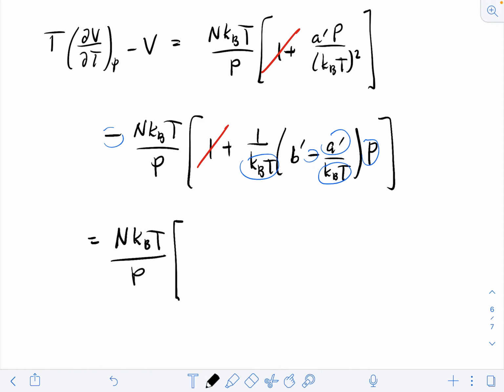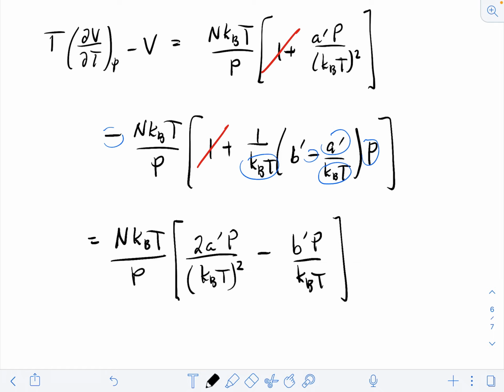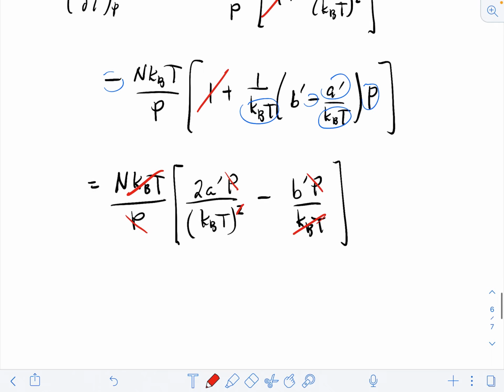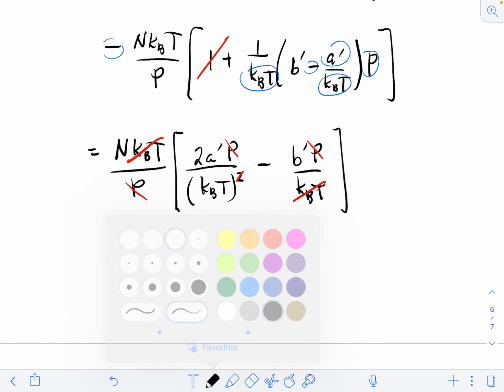And so these two terms are the same, so we end up with a 2 A prime P over k_B T squared, and then we have a minus B prime P over k_B T. Okay, so we can cancel a k_B T, and we could cancel a P,